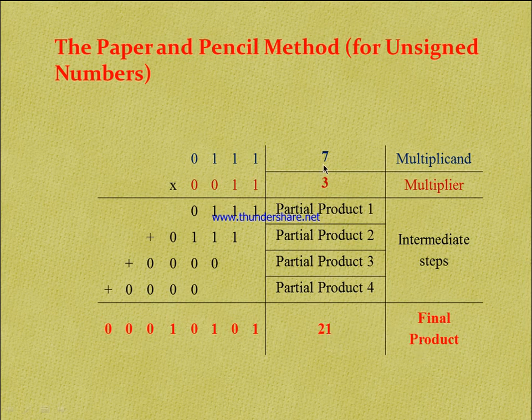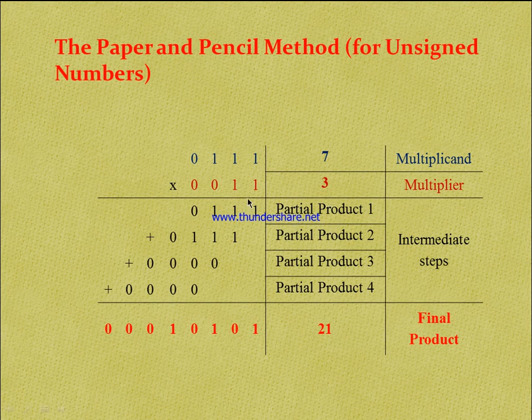So we know the binary representation of 7 is 111 and 3 is 11. Here we use 4-bit representation, that's why I am putting here the 4 bits. So the multiplication is quite simple. Here this one is multiplied with this and we will get this one. This one is multiplied with this one and we will get this one. In this way we multiply this one with the whole number and we will get the first product. That's why it is called the partial product 1.